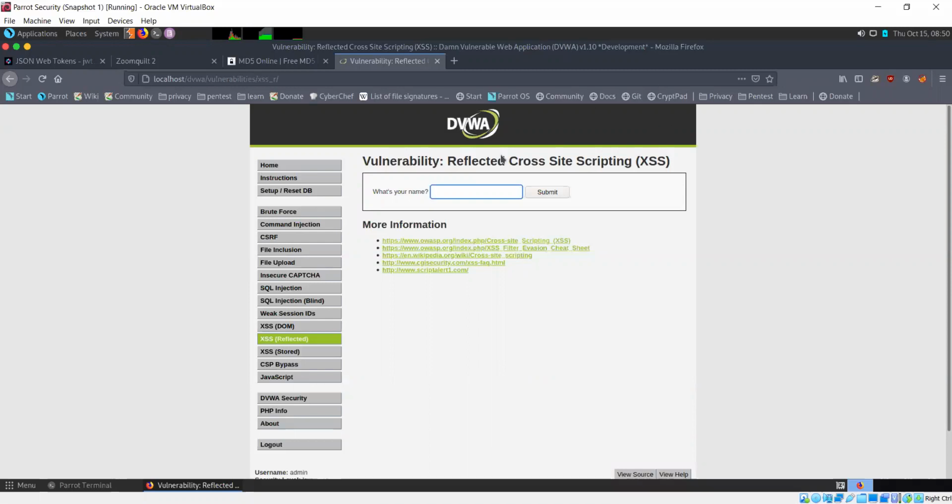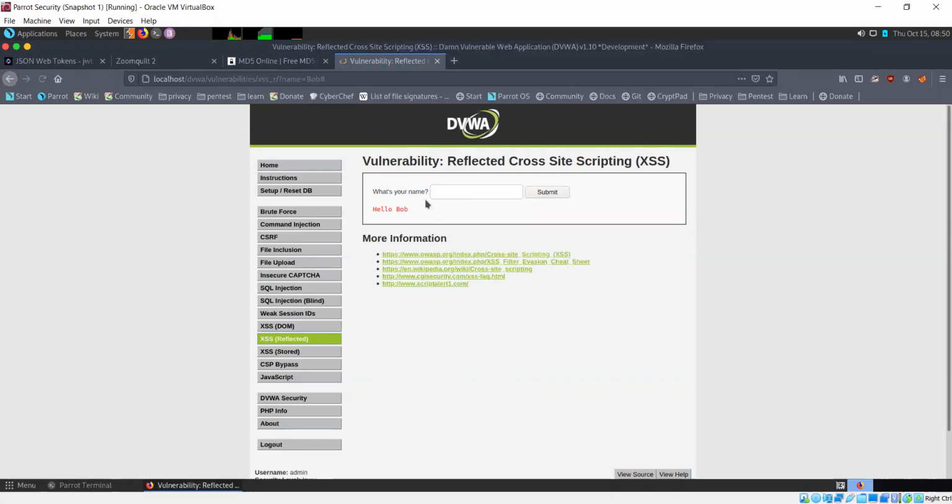So let's see what cross-site scripting can do for us. First, let's see the intended functionality here. What's your name? If I say Bob, it's just going to say hello, Bob. Let's try injecting some HTML code into it. Okay, yeah, I remember we discussed that you can do this with HTML as well, but since JavaScript controls the behavior, more malicious things can be done with JavaScript. HTML will just change a couple of things.